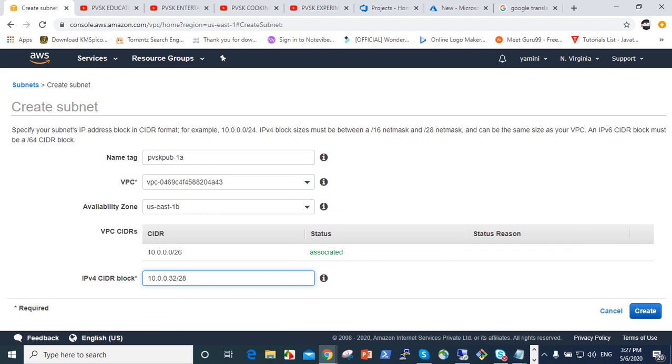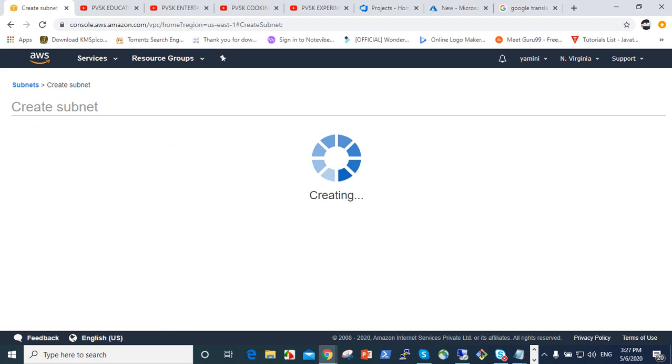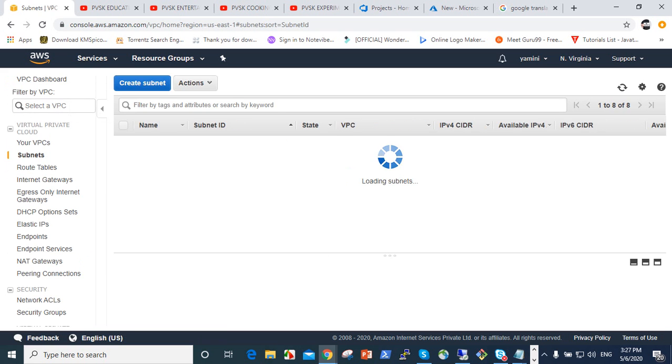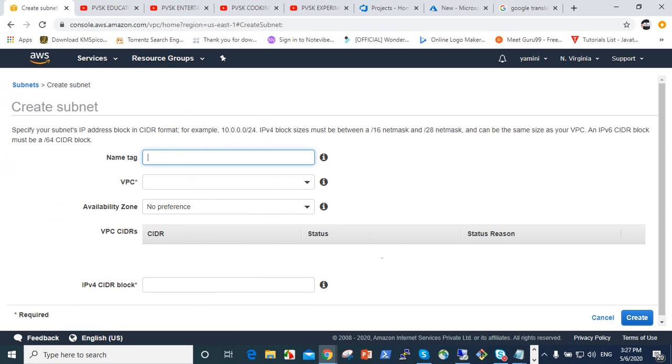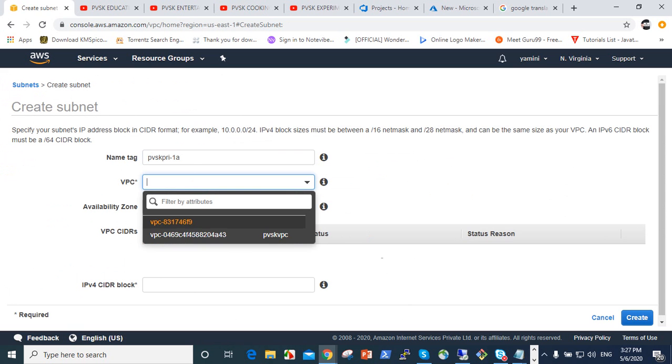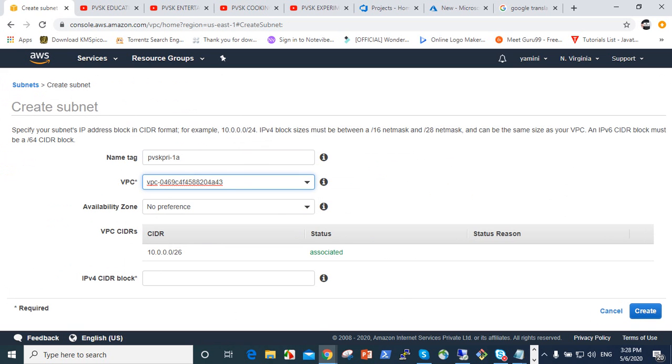Like this. Then give this. So this subnet is created, and again go to that same one, PVSK PRI. So here 1A, another name, and then 1B.